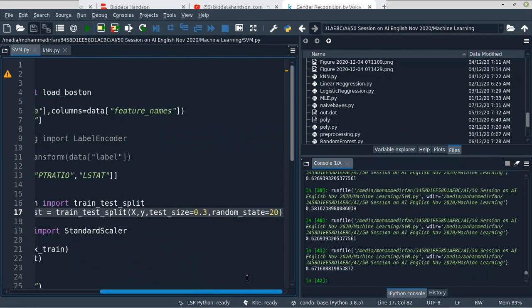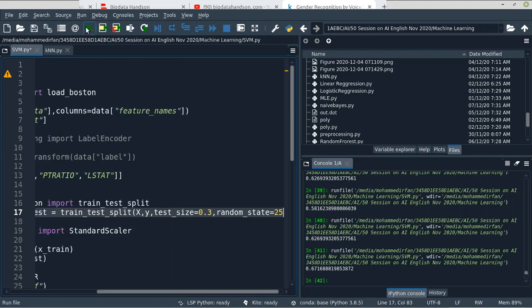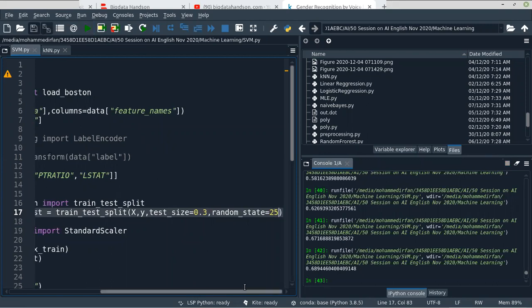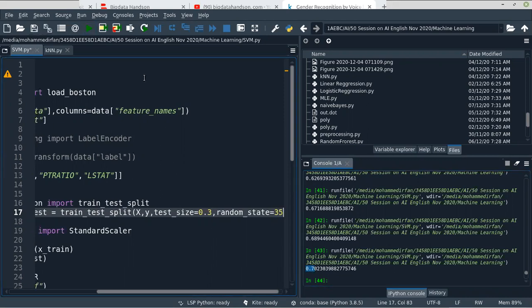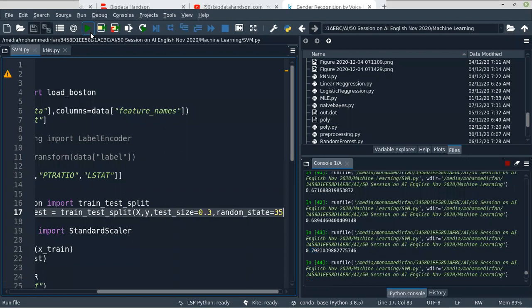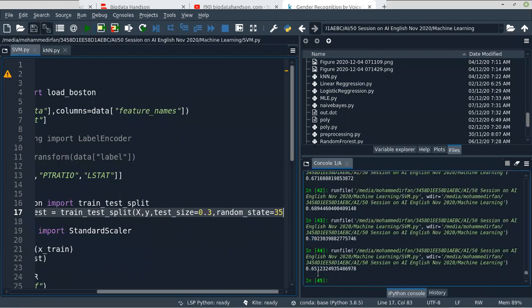Now it is increasing. Let's try more. Okay, now we are at 0.7. Like this we want to try and we'll get accuracy. So now it is 0.65.